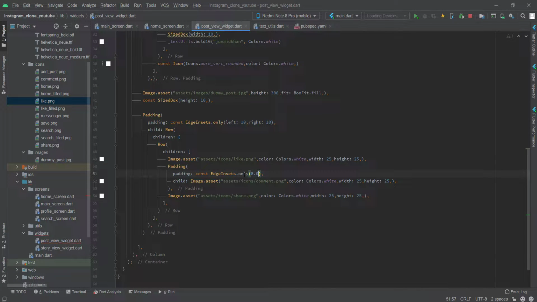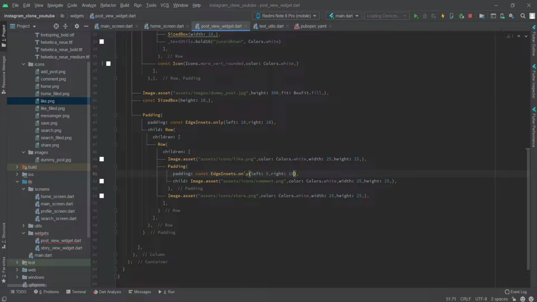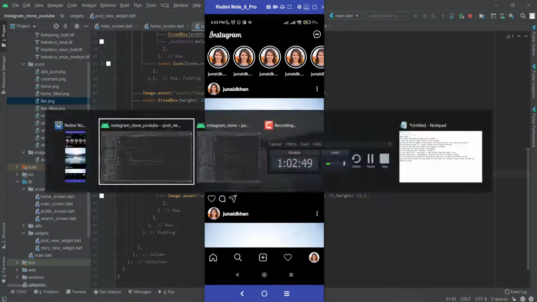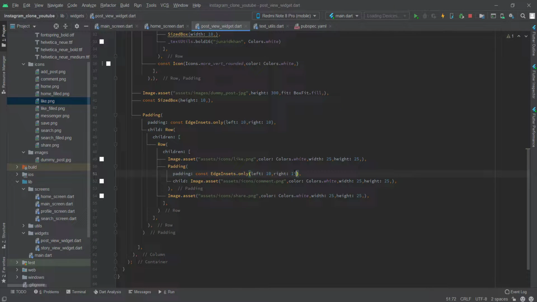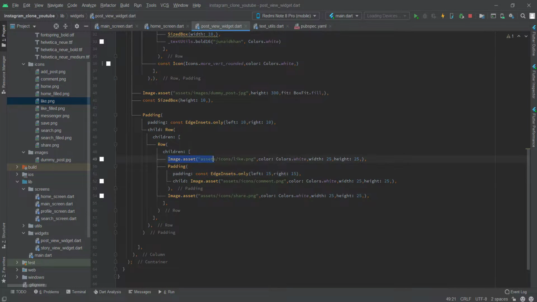Only left 5 and right 5. We can add one more padding here. And now it's looking good. Or we can make it to 15. Now it's perfect. Then we need to show our save button as well, which will be here,